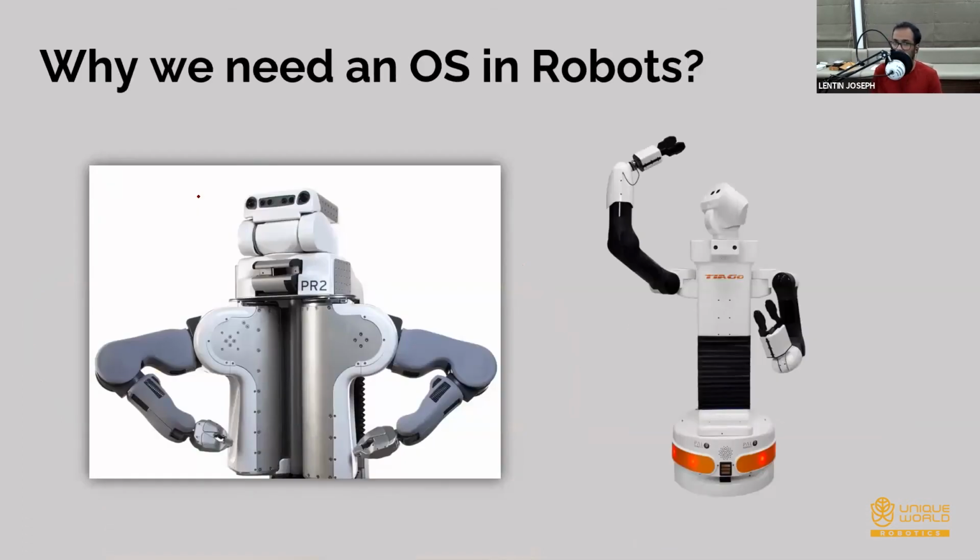For this robot, it looks complicated, right? It is having two arms, then there are multiple sensors. So we need an operating system. We need a powerful computer to process all the data from the sensors, and then to take a decision based on this, and then control the actuators, right? So if we are using a computer, we need an operating system, like Linux or Windows. Mostly in robots, we are using Linux-based because it is open source and fully customizable.